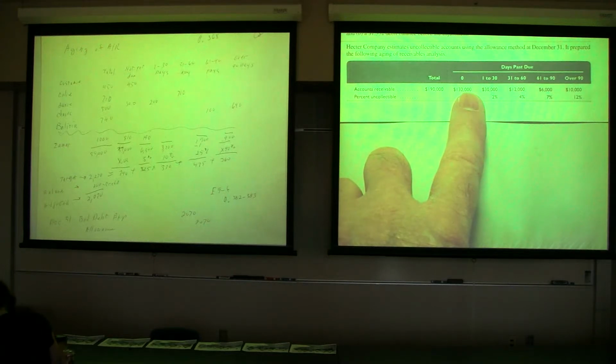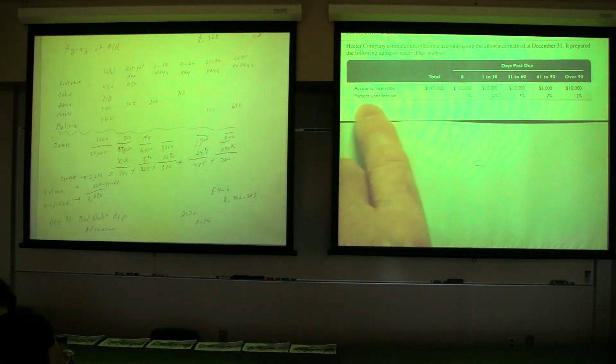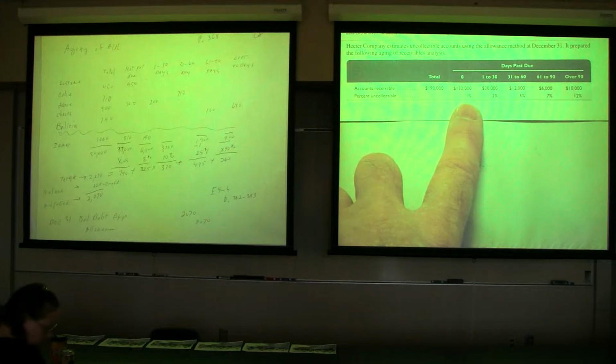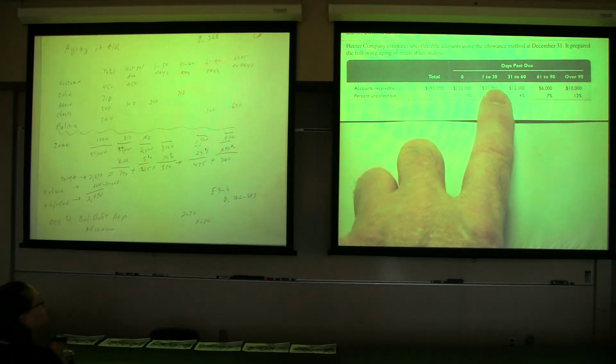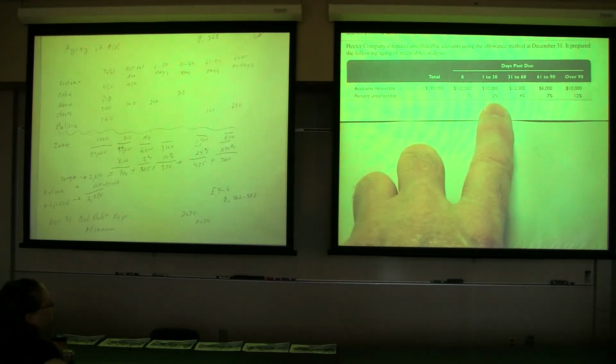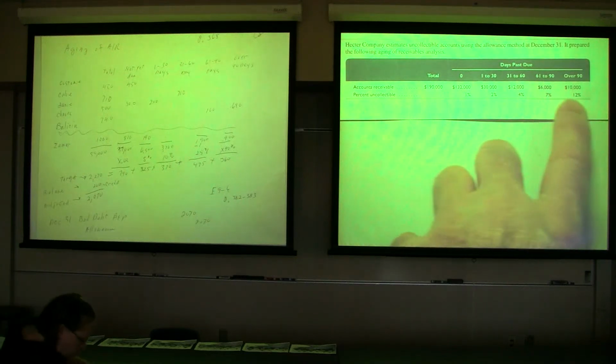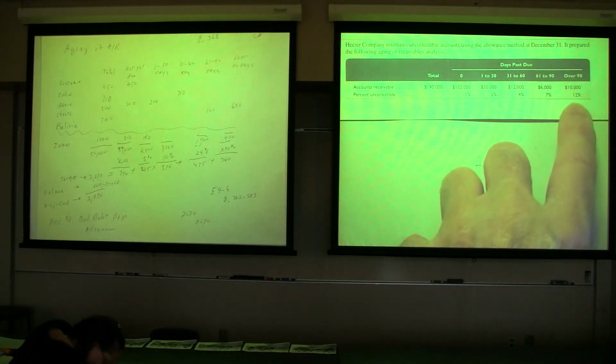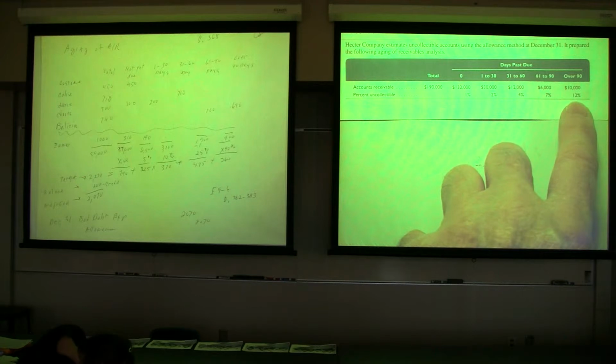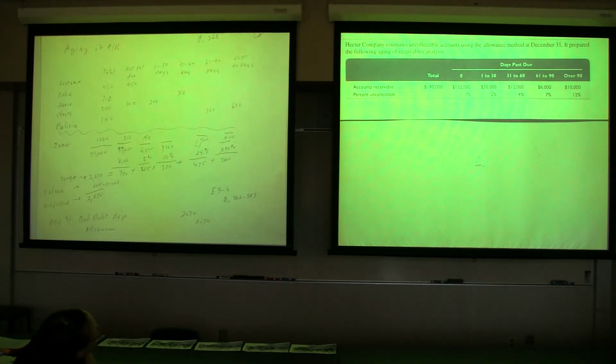132,000 is not yet due, and in the past, 1% of that has proven to be uncollectible. 30,000 is 1 to 30 past due, and in the past 2% of that has been uncollectible, and so the amount uncollectible goes up to over 90, where 12% has proven to be uncollectible. Okay? So then, on the next page, what it says is,